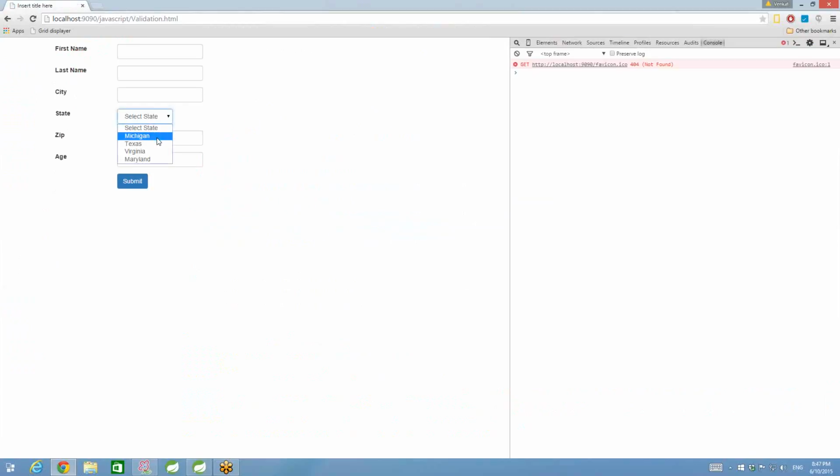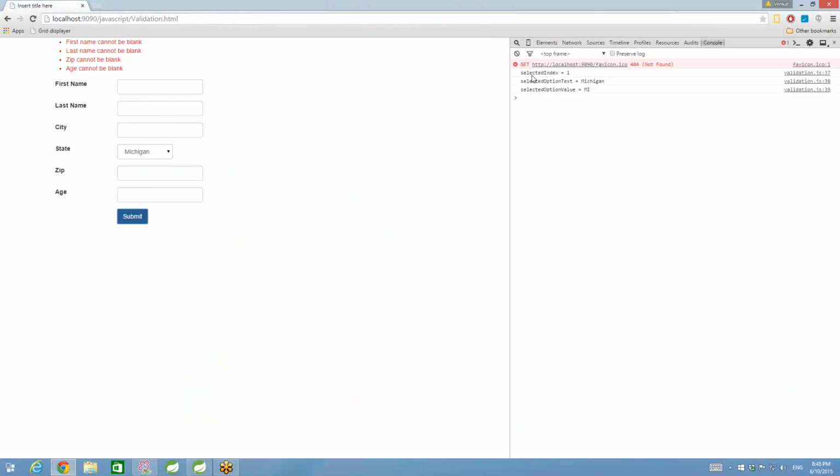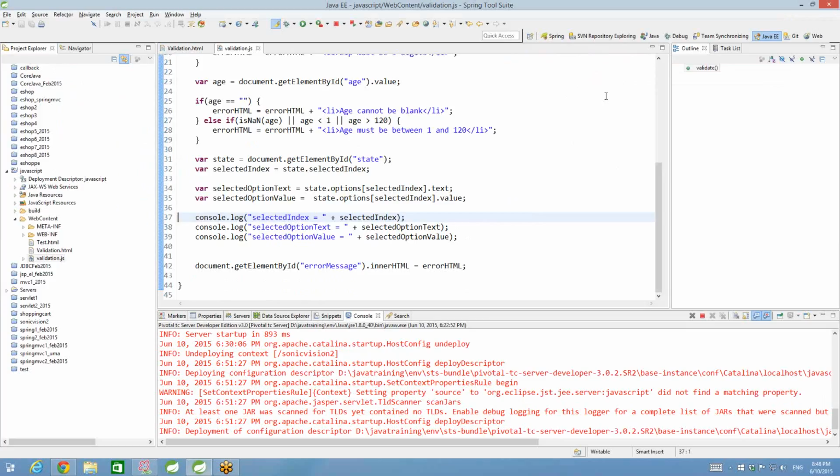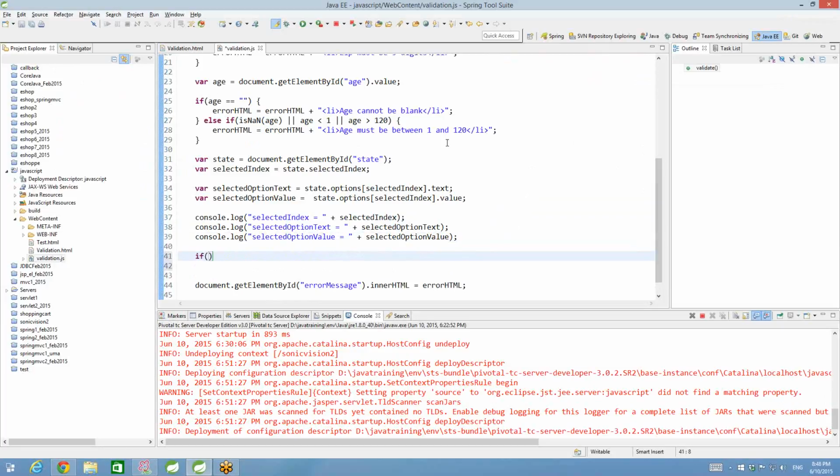That's it. Now you can say Michigan, and then see here, selected index is 1, the text is Michigan, and the value is whatever we put under the hood, MI. Now you can do whatever you want to do, however you want to do it. If selected index equal to 0,